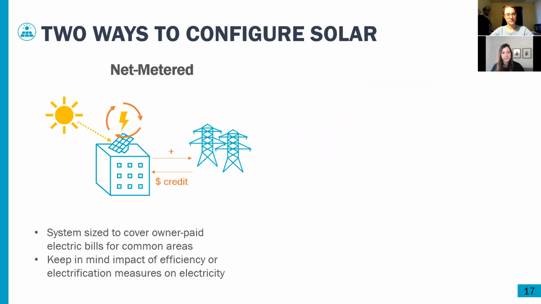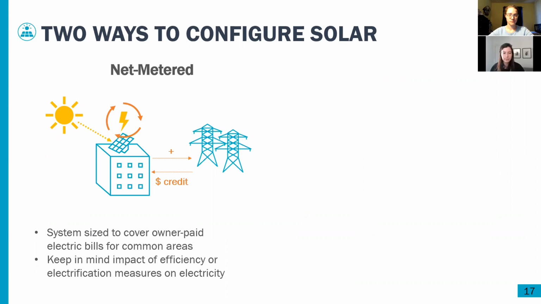So there's two ways to configure solar, and these are very simplified diagrams, but basically there's net metering, which is what I described in the other image, where the electricity generated gets consumed on site where possible, and any excess is sent back to the grid and credited to the account. Because of this, the system is sized to cover just exactly how much the common area or the owner-paid electricity